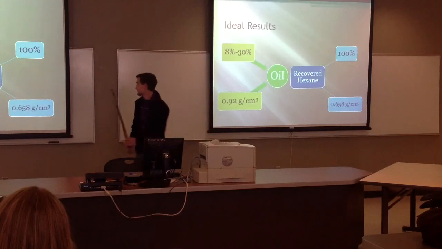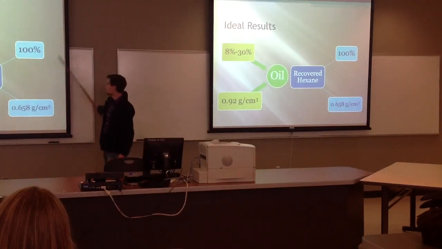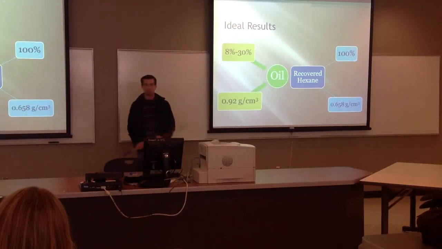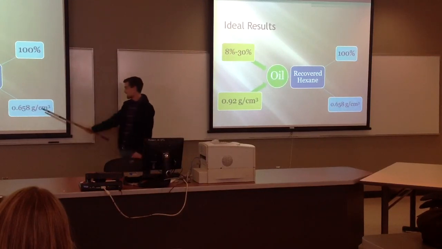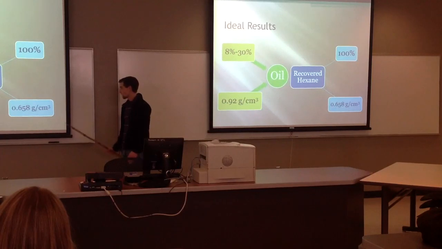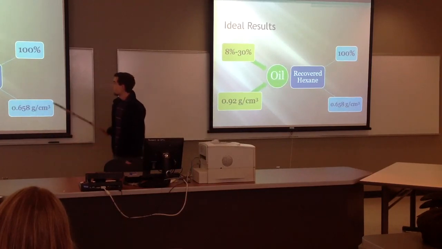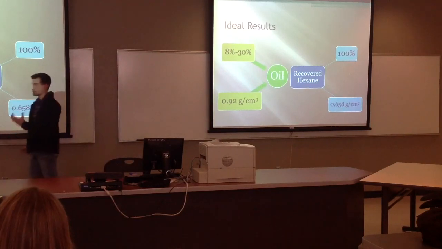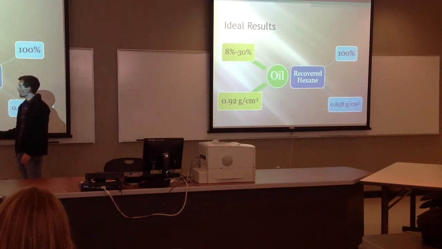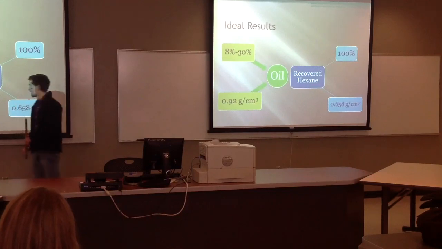So ideally, the recovered hexane would be 100%, which is almost impossible to achieve, the ideal. And then its density would be 0.658 grams per centimeter cubed. And then the oil that's recovered, avocados in the flesh contain 8 to 30%, so anywhere in that range would be acceptable. And then the density